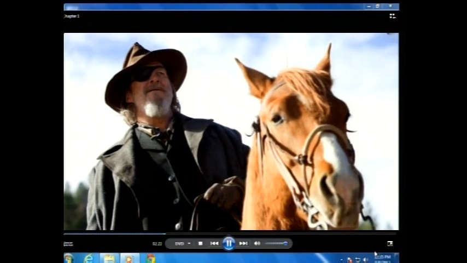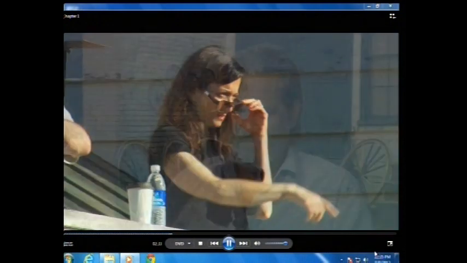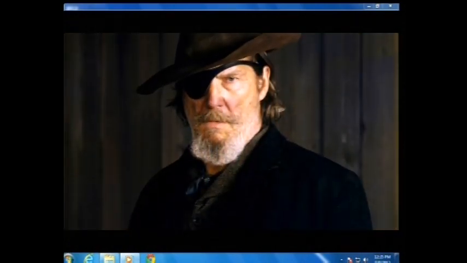One of the most important aspects of developing a character for me is the wardrobe, and that tells you all kinds of things about the character. So as far as the costumes go, I worked with Mary Zophres, and I sure admire her expertise on the looks that we were going for, and she gave me all kinds of wonderful books to look at all the different styles that the guy might wear, and we worked together for a few days, figuring out the right hat for the guy, the right patch for the eye. Boots are always important.